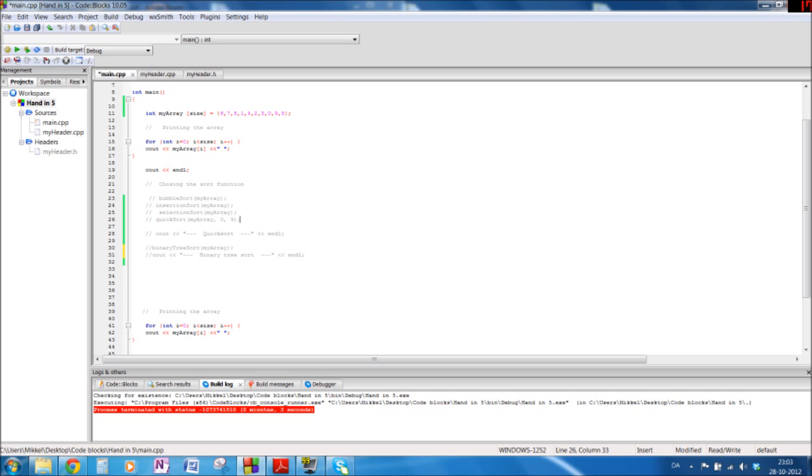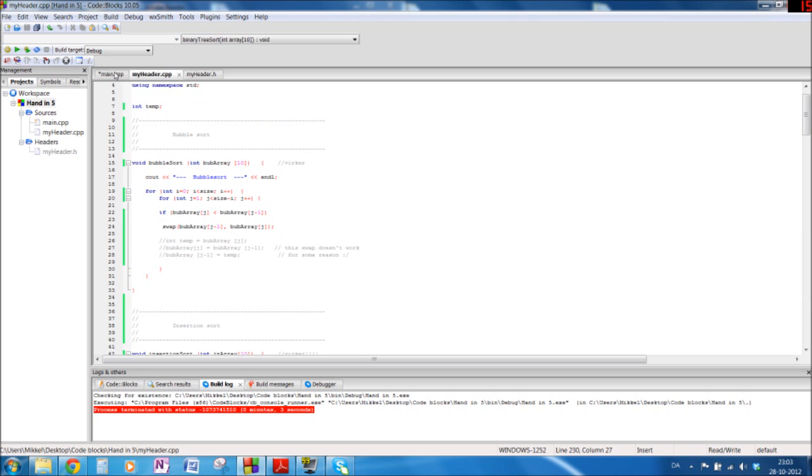I'm not gonna use that much time on bubble sort, insertion sort, and selection sort because they're pretty similar. It's just a basic swap that's done in each of them. So I'm gonna try my best and explain quick sort and binary tree sort and the basic concept of how this is made. So first of all, what I had most trouble with was building the